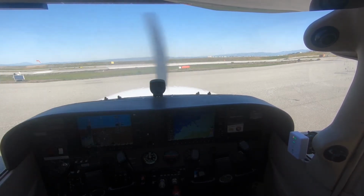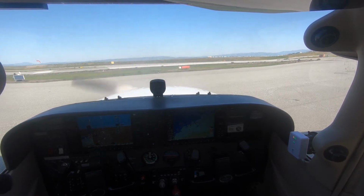Okay, so we're going to take runway 30. We're going to take Flight 17, runway 30, clipper takeoff. And then after that, we're going to depart. If we experience power loss...